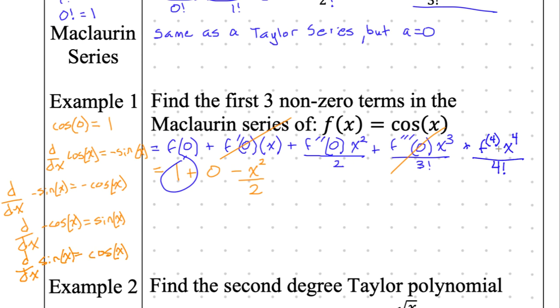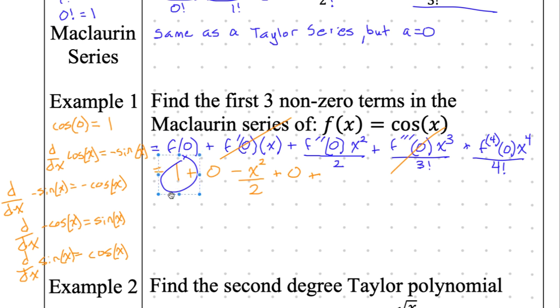And cosine of, I forgot the 0 over here, didn't I? Oops. I'm plugging in 0 still. So plugging in 0, cosine of 0 is 1. So this right here is just 1, which means the answer is just x to the power 4 over 4 factorial. So plus 0, and then plus, all this stuff